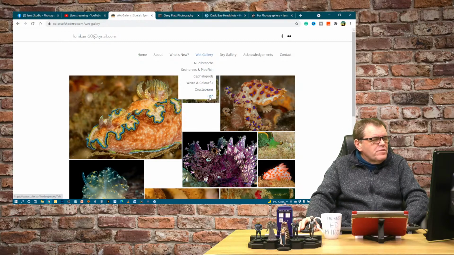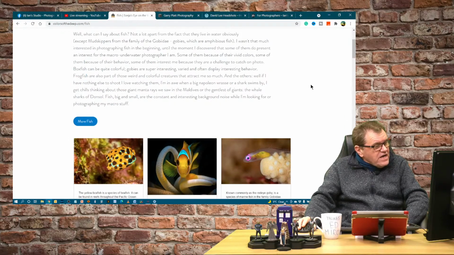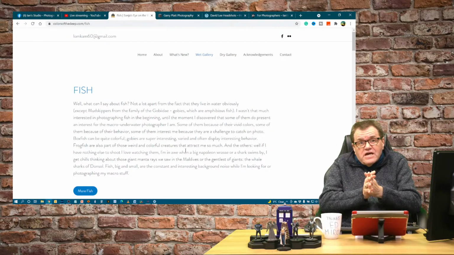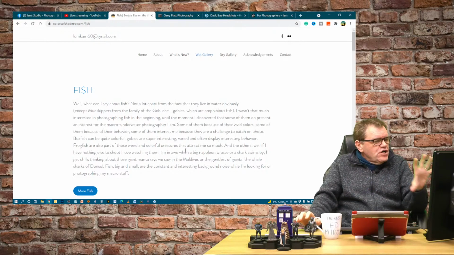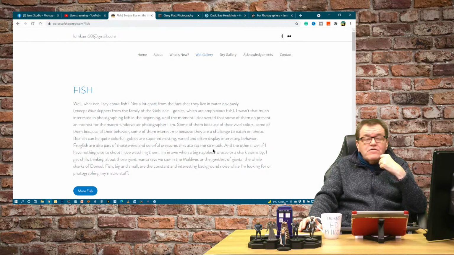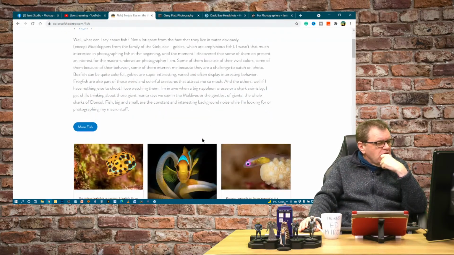Because if I pick one, I'm going to pick fish because I like fish. This is great. We've got a little bit of an explanation here. One thing I would say about your text, I'm dyslexic, and large blocks of text like that are quite difficult for me to read on the screen. If that was broken up into 3 paragraphs, that would be much, much easier for me to go through and to be able to scan it and read it. So I would find the point maybe a third of the way through, 2/3 of the way through, just to break that into paragraphs.